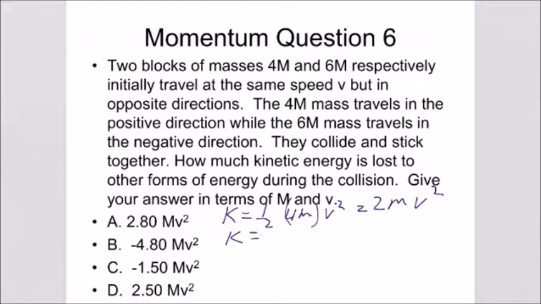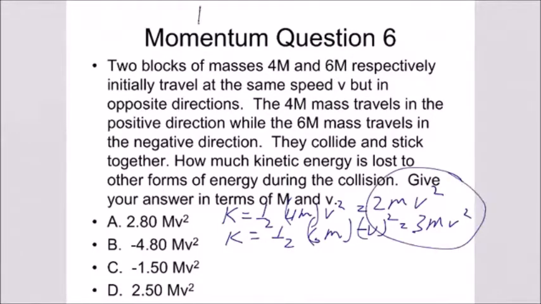So it's going to be 1/2 6m times negative v squared. The negative doesn't matter here because it's going to square out. So that's going to end up being 3mv squared. So our kinetic energy before the collision is going to be the sum of these two. I'm going to call that KEi, initial kinetic energy, and that's going to be